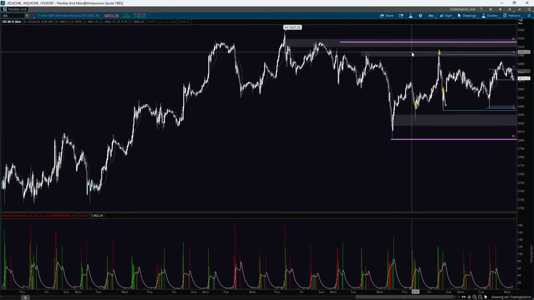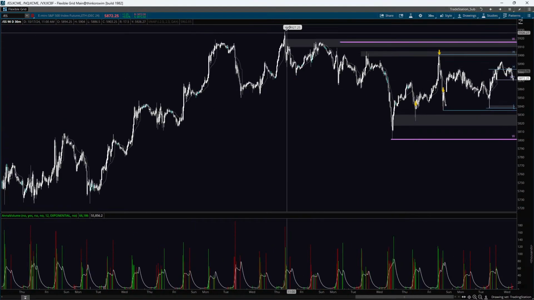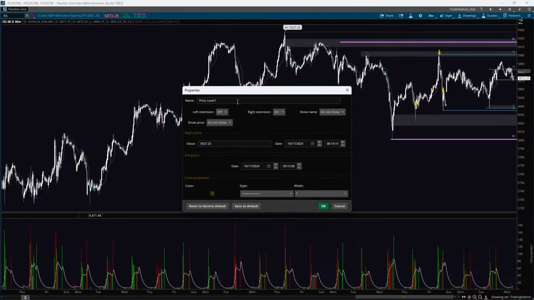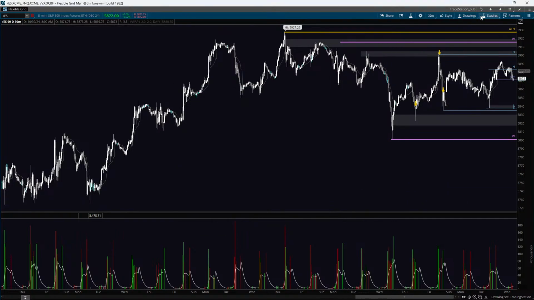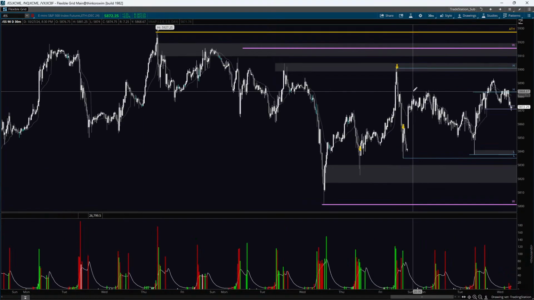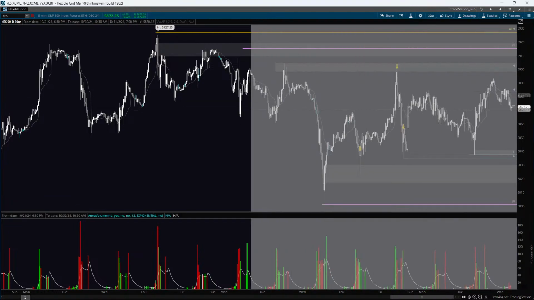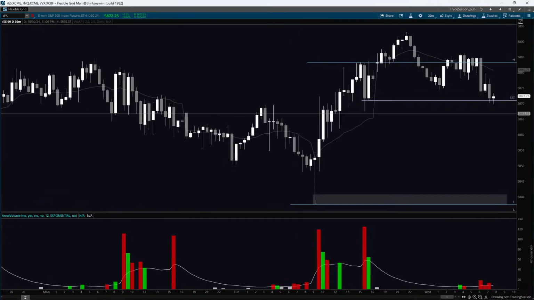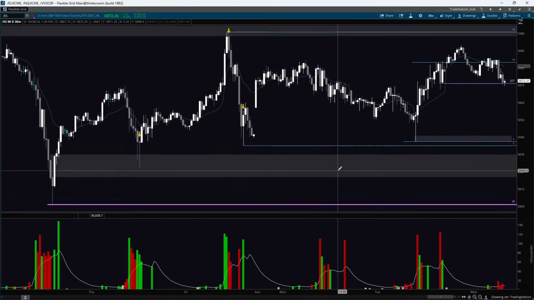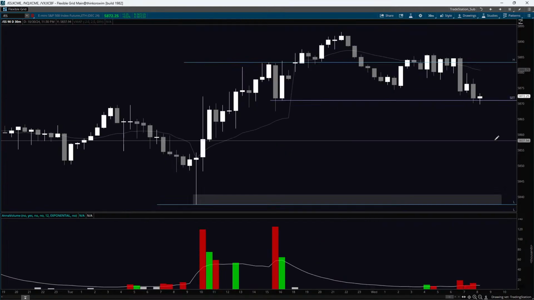I think this is close to new all-time highs. Let me mark all-time highs. All right, so that's all-time highs. We're inside the weekly candle still. Now that we have our highs and our lows and our settlement price and where we're at, let's